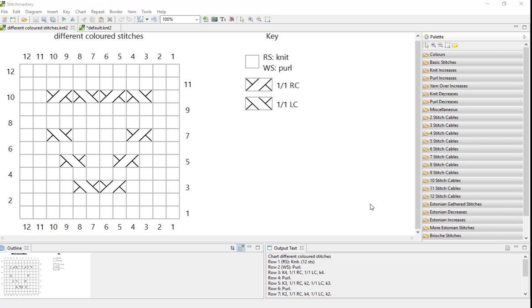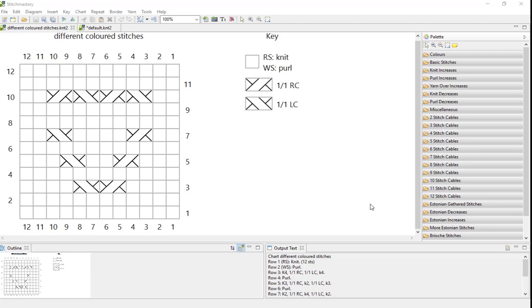And the other reason that you might want to change the size of your cells is slightly less obvious, but we're sometimes asked whether you can change the weight or thickness of your grid lines, and that's not possible to do. The grid lines are 2 pixels wide and that can't be changed at the moment, but by changing the actual size of your cells you can mimic the effect of making the grid lines thicker or thinner because they take up a different amount of space in relation to a differently sized cell.